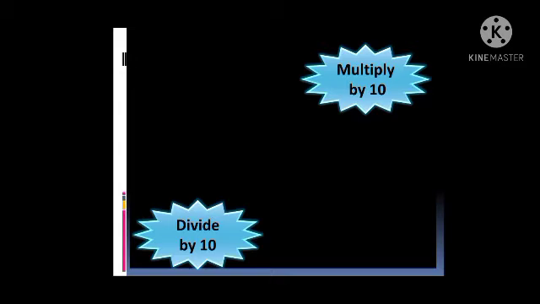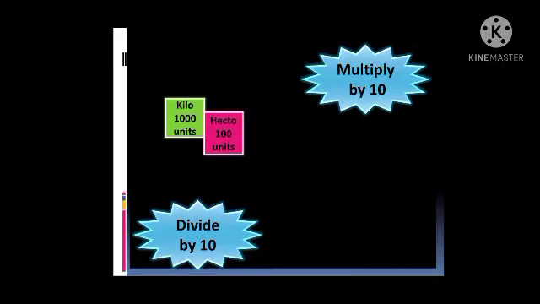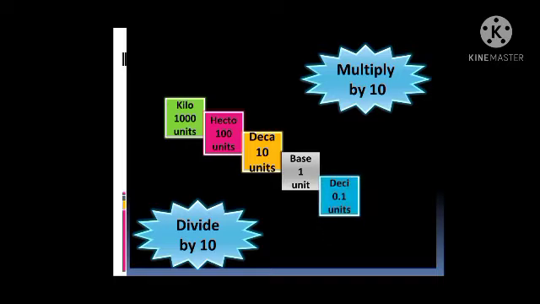Now let's see the conversion within the metric system. All units of length in the metric system are defined in terms of the meter. A prefix is added to indicate the decimal place value position of the measurements. Similarly, the unit of weights and volumes are defined in terms of gram and liter. Okay, now let us observe the conversion chart. Kilo, hecto, deca, base unit, deci, centi, milli.